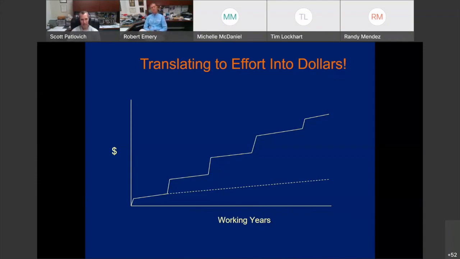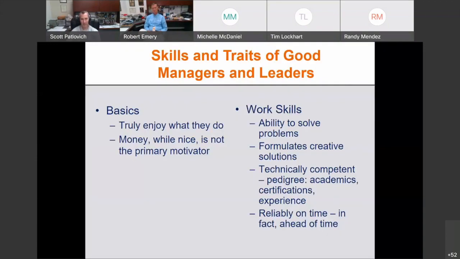And I can tell you that looking back, today is 21 years for me since I started here at UT Health. 21 years later, just from this one job experience alone, this has been the story for me. So this is absolutely the way that things work, and you should consider this.